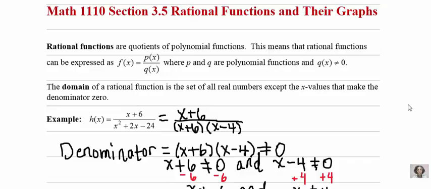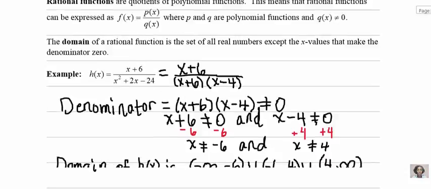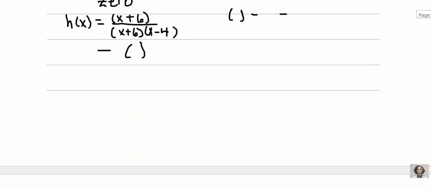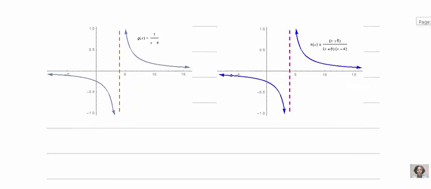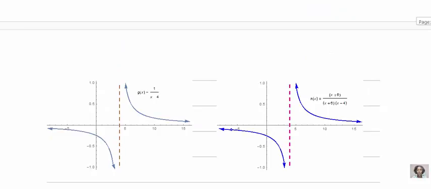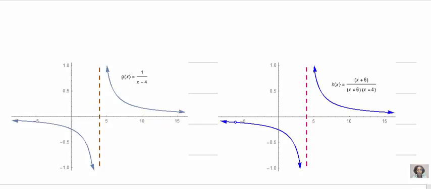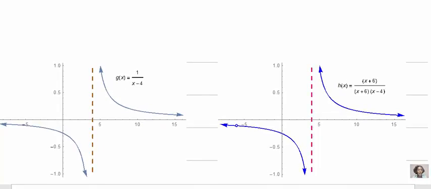So in our last two videos, we talked about section 3.5's topic of rational functions and their graphs. We looked at finding the domain of a rational function. Then we talked about when rational functions have holes in their graphs. And I showed you these two graphs. I want to make them just a little bit bigger for the purpose of pointing out that